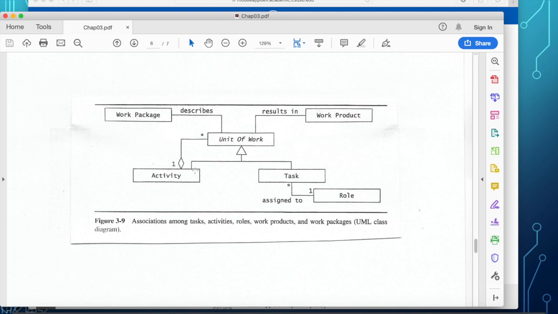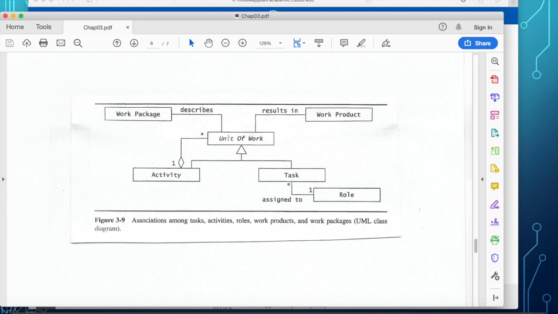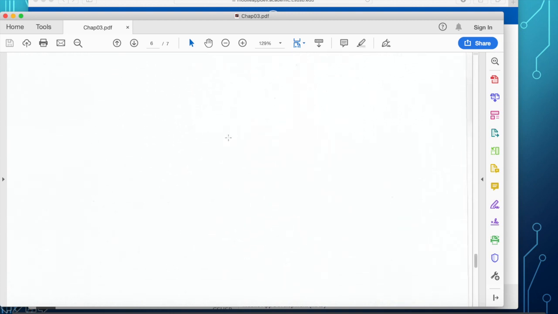So you define activities, tasks that you need to do, and the output of your unit of work will be contributing to the work product, and the work package is being described of what is that unit of work. Okay? All right.